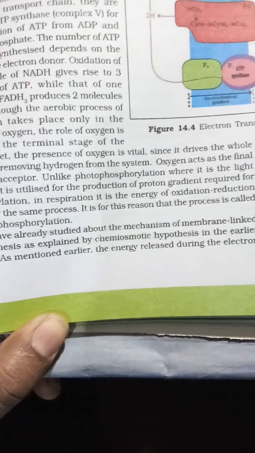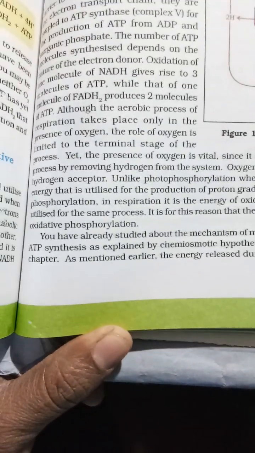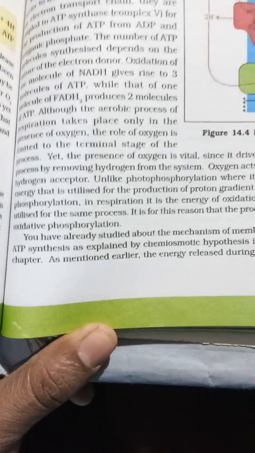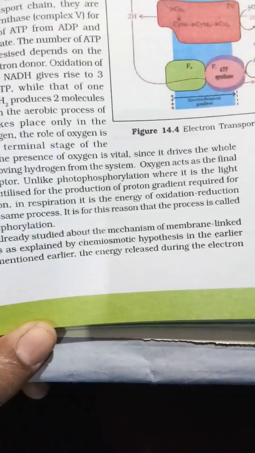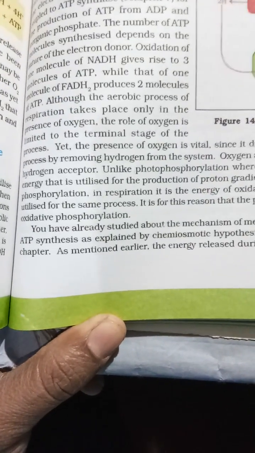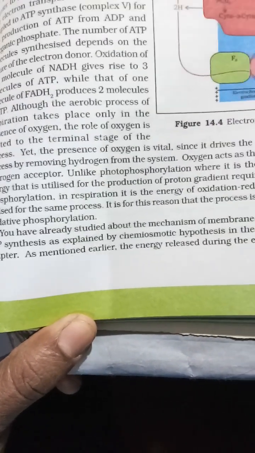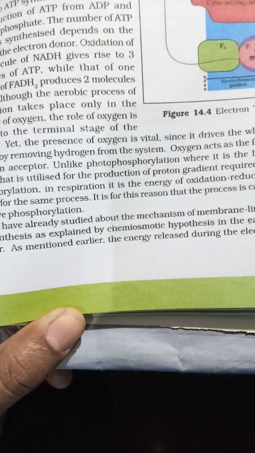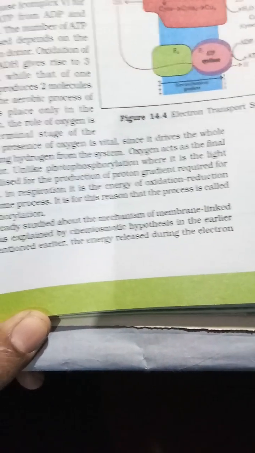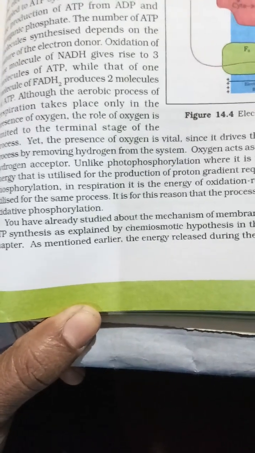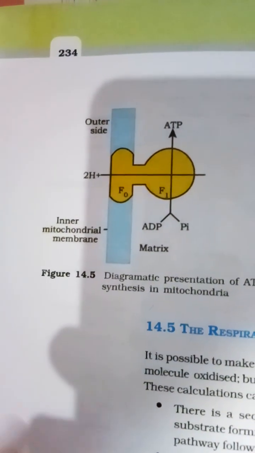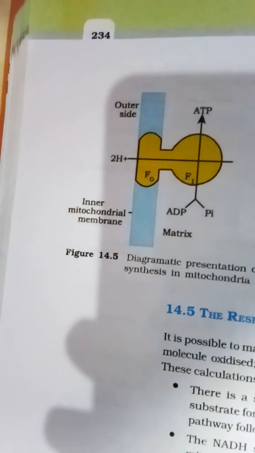It is for this reason that the process is called oxidative phosphorylation. You have already studied the mechanism of membrane-linked ATP synthesis, which is explained by the chemiosmotic hypothesis in the earlier chapter. As mentioned earlier, the energy released during the electron transport system is utilized in synthesizing ATP with the help of